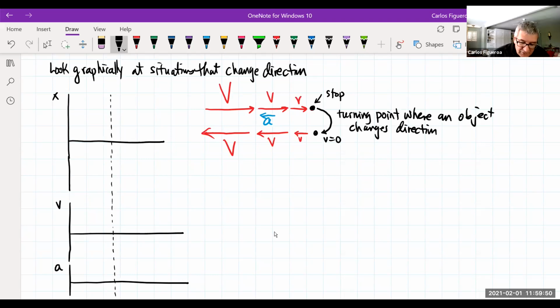Okay, so this is the point where I'm going to say that the slope is 0. What I'm seeing here is that if I'm slowing down, my slope is changing, it's changing, it's changing. And then right here, what does it do? It's flat. So that means when I look at my slope here